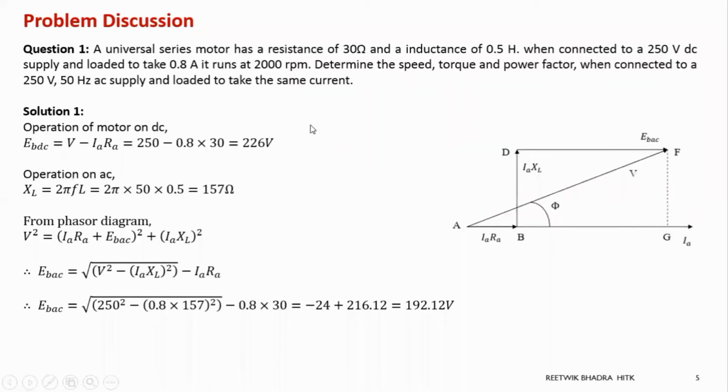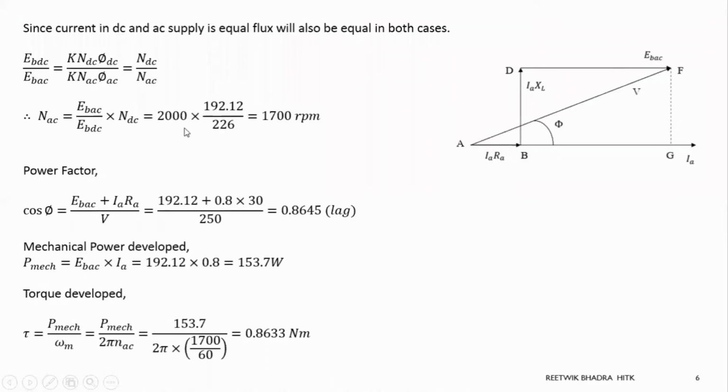Now from here also I can show you that if it was operating in DC, what was my speed? 2000 RPM. Now if that same motor is operated on AC, what is my speed? 1700 RPM. So just now we have seen my speed torque characteristic droops as my supply changes from DC to AC. So this is one mathematical proof you are getting, that as soon as the supply changes to AC, my speed falls from 2000 to 1700 RPM.